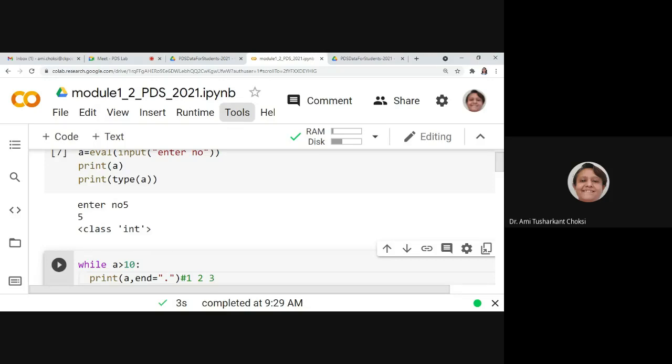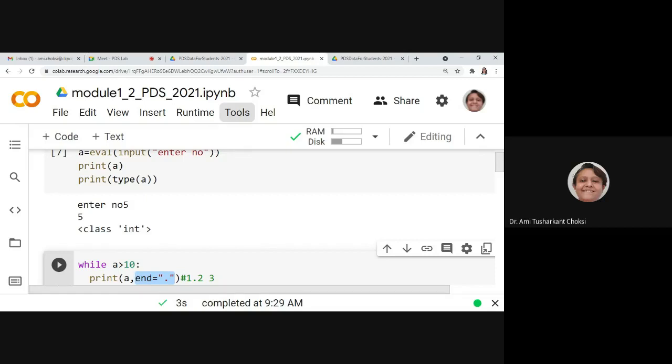But here what we want to do is see the output in one line only. That means, whatever the output is, I want to separate it with the help of dot instead of new line. Typically, when we are not writing this end is equal to dot, it gives us a new line.